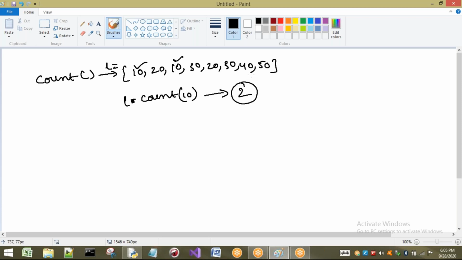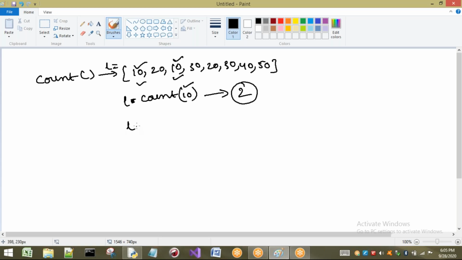So the count method returns the number of times the specified element appears in the list. This is the statement. It is going to give me an output of how many occurrences there are in the list. I am finding for 10. How many occurrences are there? 2 occurrences are there, so the output will be 2.